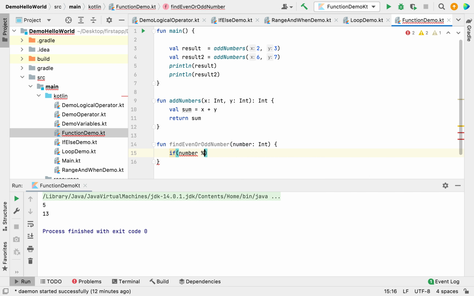Then we'll check if the number is divisible by 2. We'll find out with the modulus equal to 0. That means this is an even number. So we'll print even number, else it's an odd number.